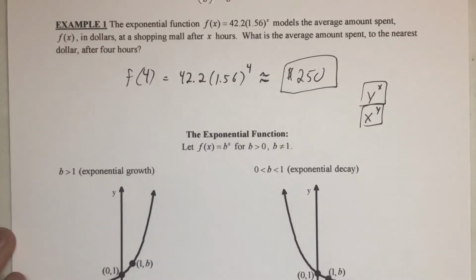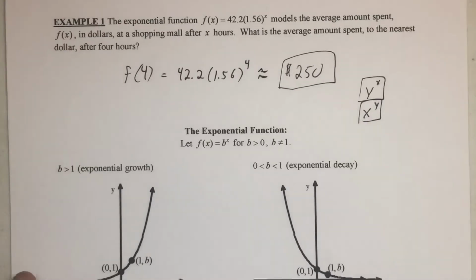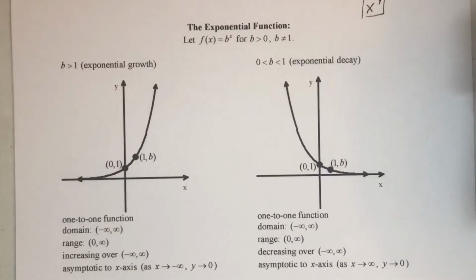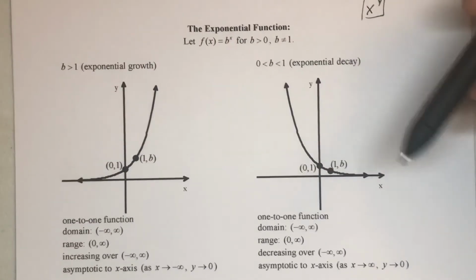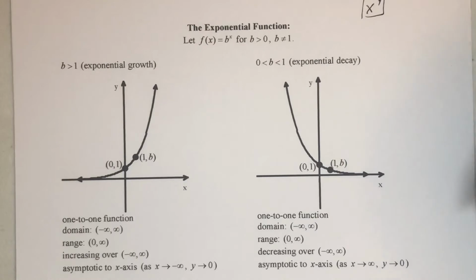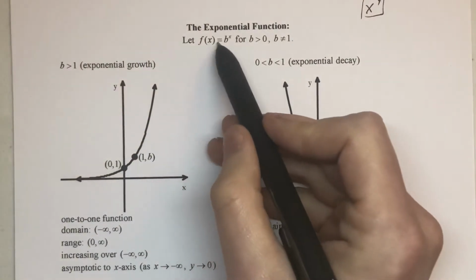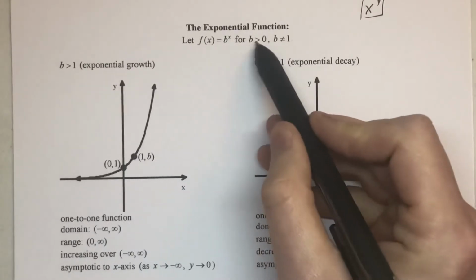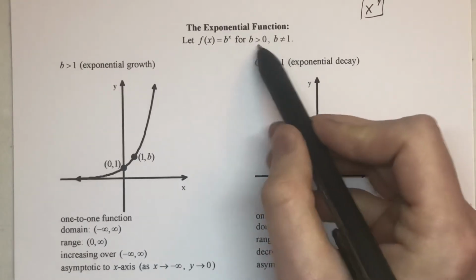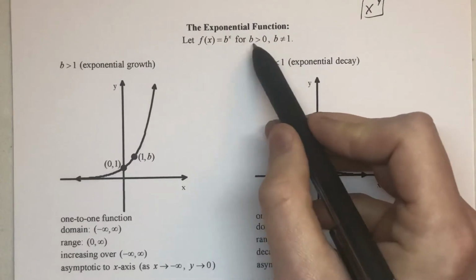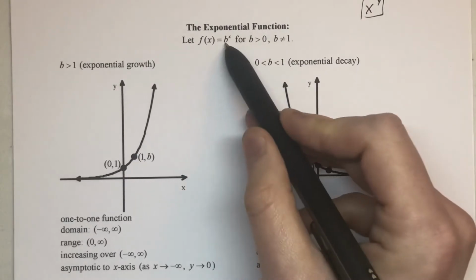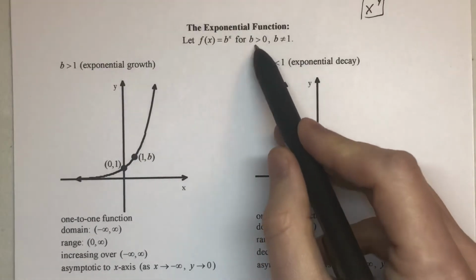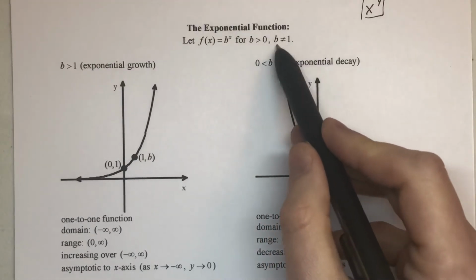All right, now let's talk a little more about this exponential function as a function, and thus it has a graph. So what ends up being the case is the exponential function family actually has 2 different graphs. So we've got the function f of x equals b to the x, where b stands for the base, raised to a power. Now you'll notice we're going to say that the base is any number larger than 0, so some positive number, okay? These are the graphs for a base that's positive,